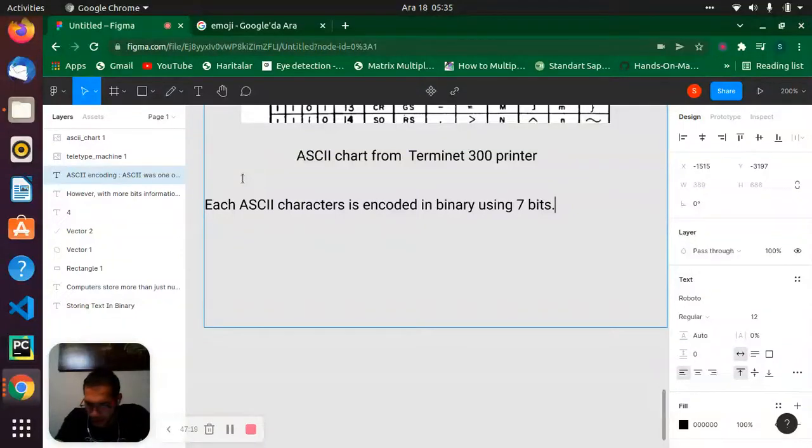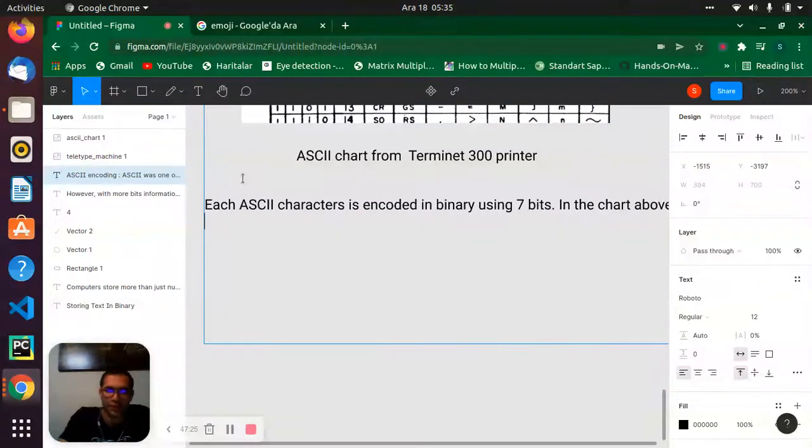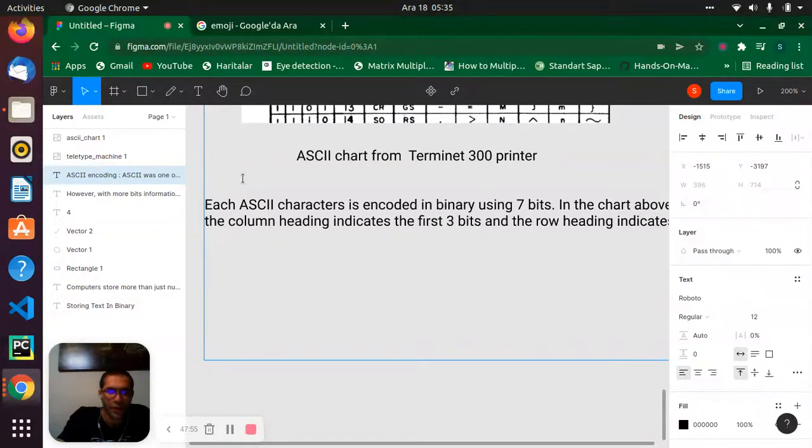In the chart above, the column heading indicates the first 3 bits, and the row heading indicates the defined 4 bits.